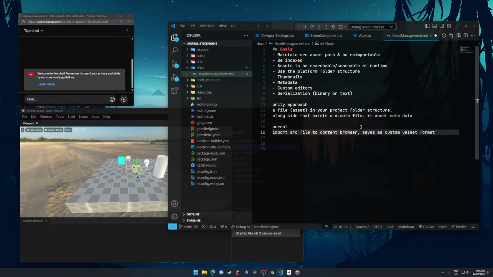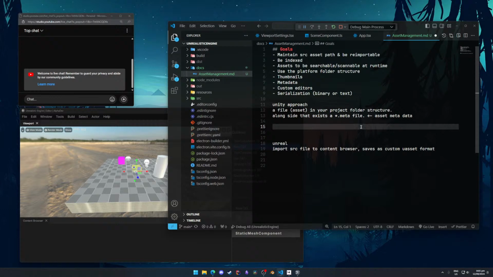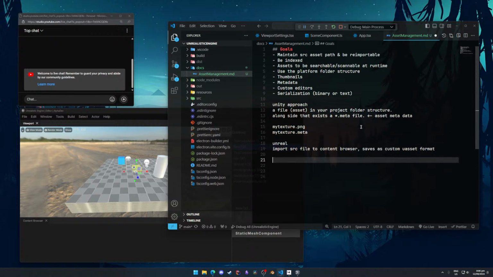Which essentially contains all of the data. So if the asset was, I don't know, my texture, you would have my texture.png in the Unity form, and you would also have my texture.meta, or maybe it's .png.meta, I can't remember. But whatever, the concept is the same. You basically store the metadata as its own file beside it, and in the Unreal method you would have my texture.uasset